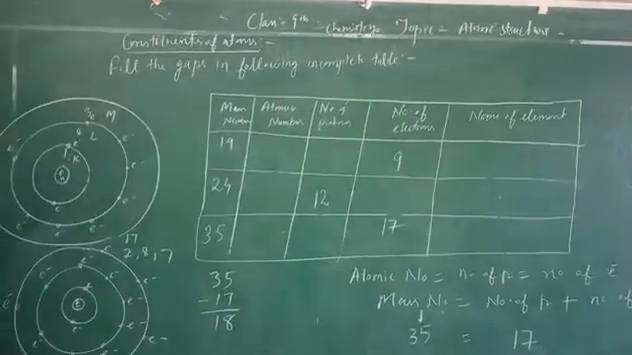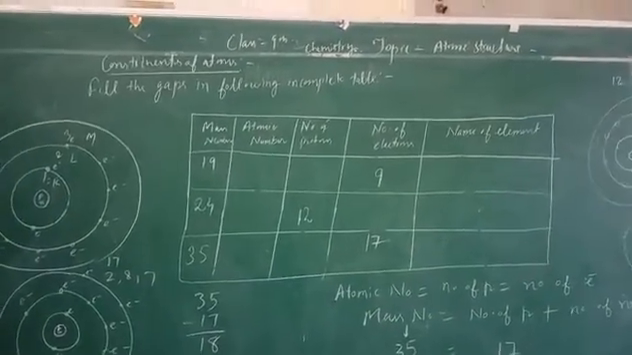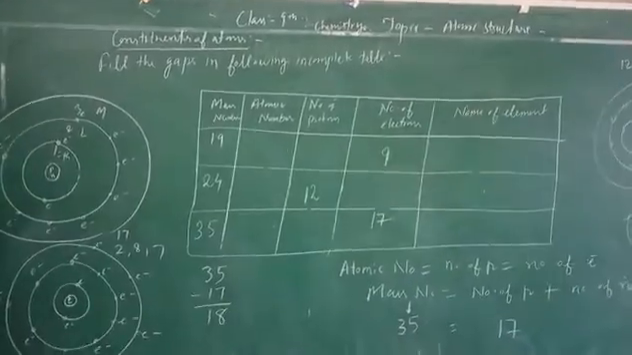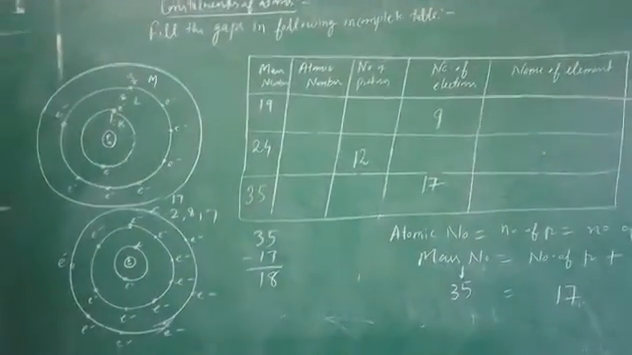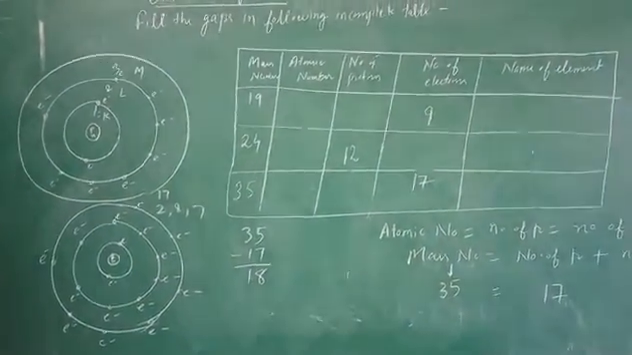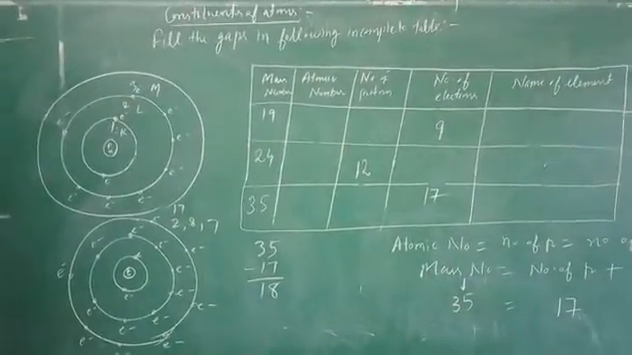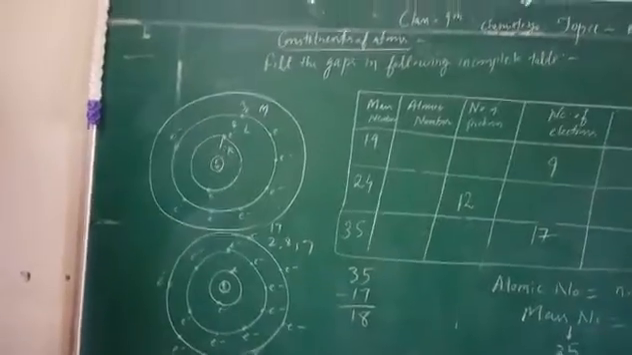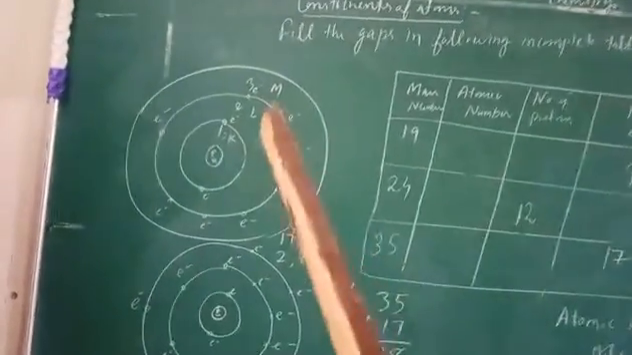Our today's topic is constituents of atoms. We are discussing the chapter atomic structure. We have learnt about different models of atoms, about the constituents of atoms. The most successful model of atom was Bohr's model. It explains that